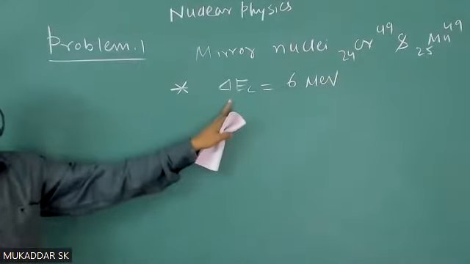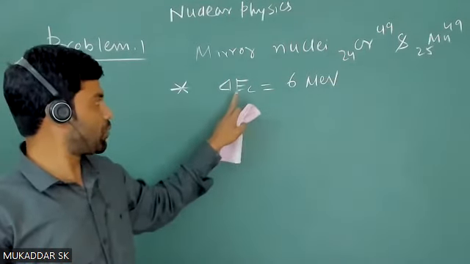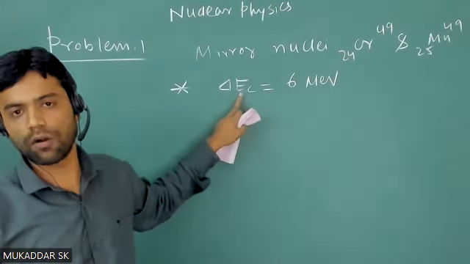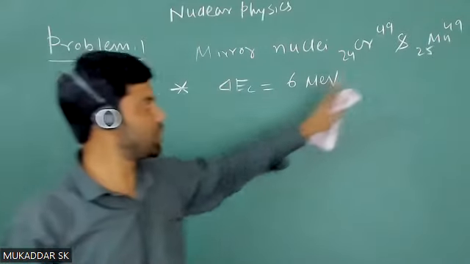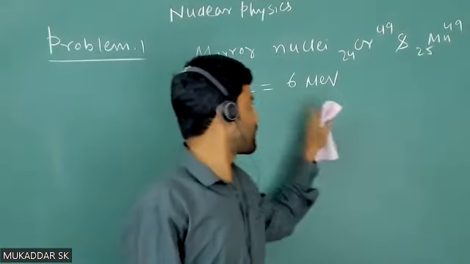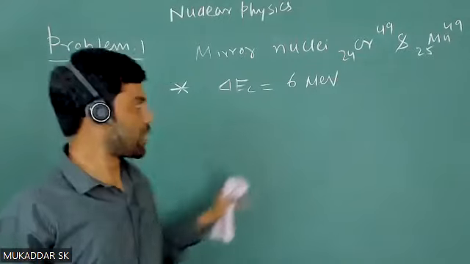See here, what is given to you? The difference between the Coulomb energy, delta EC, where EC is the Coulomb energy. The difference in the Coulomb energy between these two nuclei is 6 mega electron volt. So you have to calculate